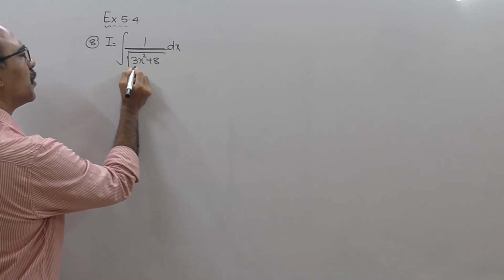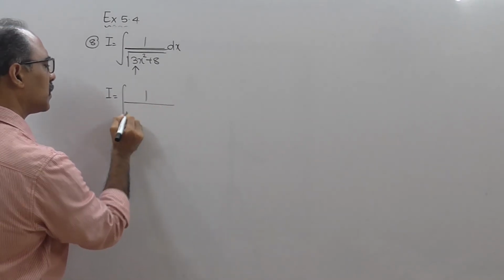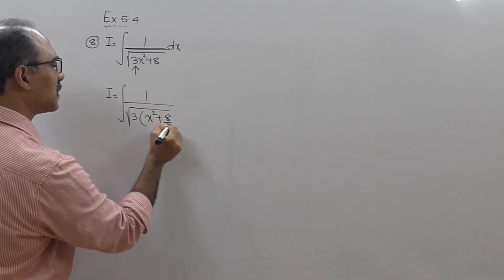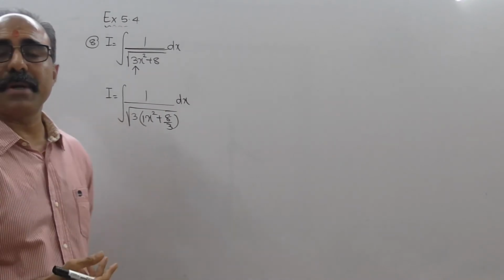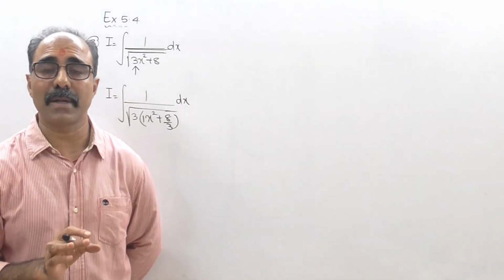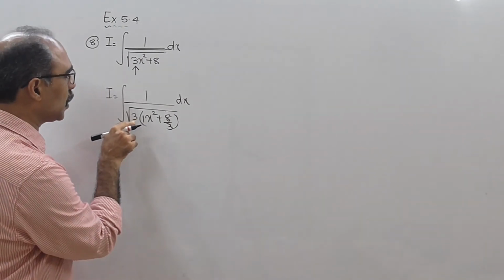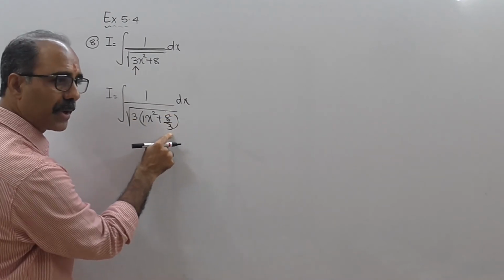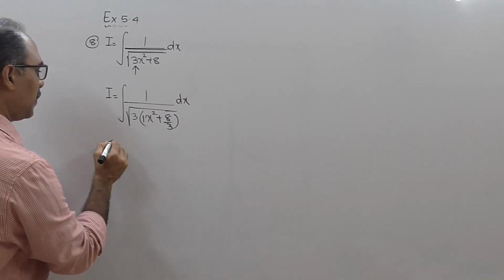I have told you that the coefficient of x square should always be 1. So what I do is 1 upon square root. I take 3 common, so this becomes x square plus 8 upon 3 and dx. See, now the coefficient of x square is 1. So automatically you can make it in the form of maybe root of x square plus a square, or maybe root of x square minus a square. That all can be done, provided the coefficient of x square is 1. If you want to cross verify, open this bracket. 3 into 1x square is 3x square. 3 into 8 upon 3, the 3 will get cancelled, you get it as 8. So you're not changing the question at all.